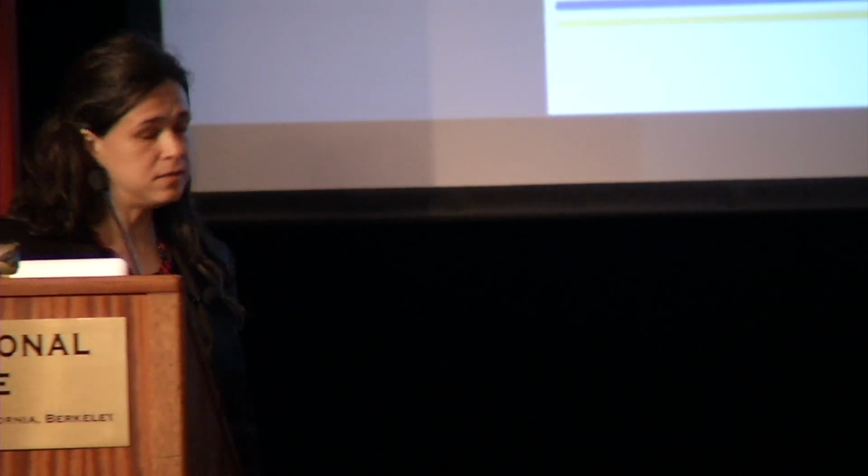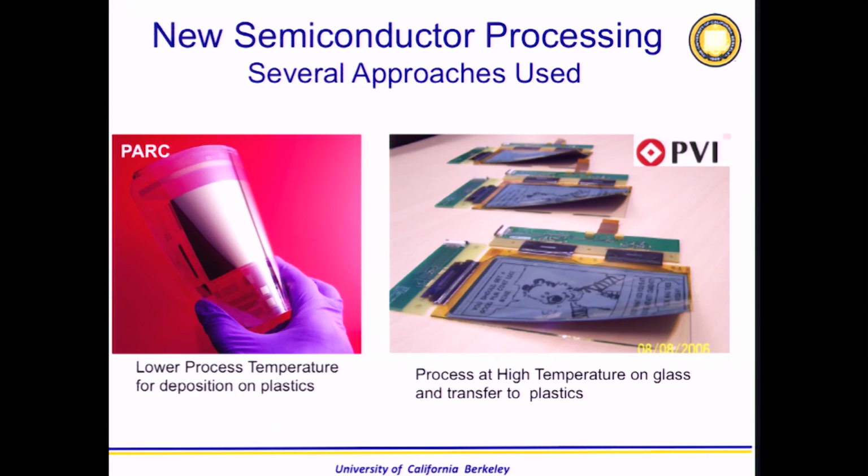So starting with the new semiconductors, there are several approaches that people are using in order to get flexible electronics. It always comes to the fact that you have to use a new semiconductor processing. You have to move away from the traditional silicon wafer. So there are people that are just changing the substrate, and now instead of using silicon wafers, we start using plastics. Literally, a plastic sheet is now the substrate that is carrying this electronic device.